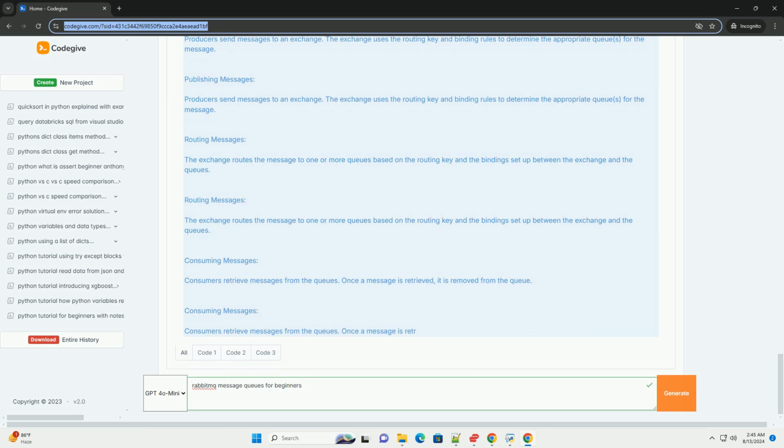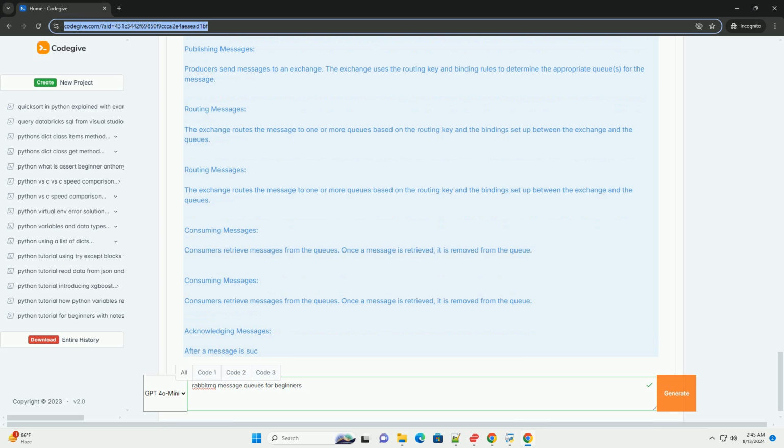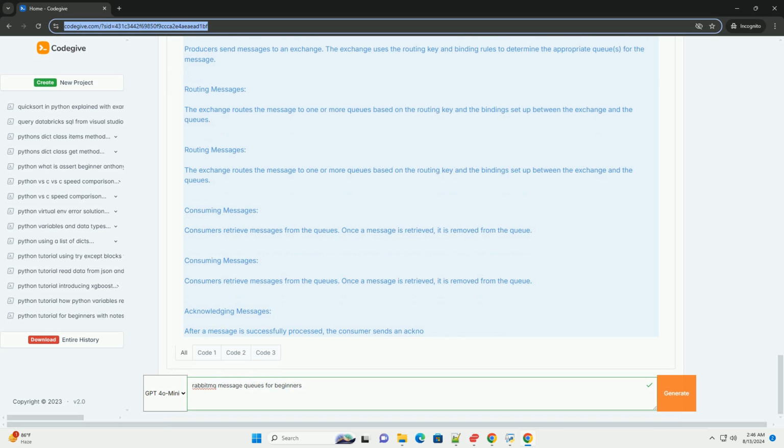Getting started with RabbitMQ. 1. Installation. RabbitMQ can be installed on various operating systems, including Linux, Windows, and macOS. It's available as a package or can be deployed